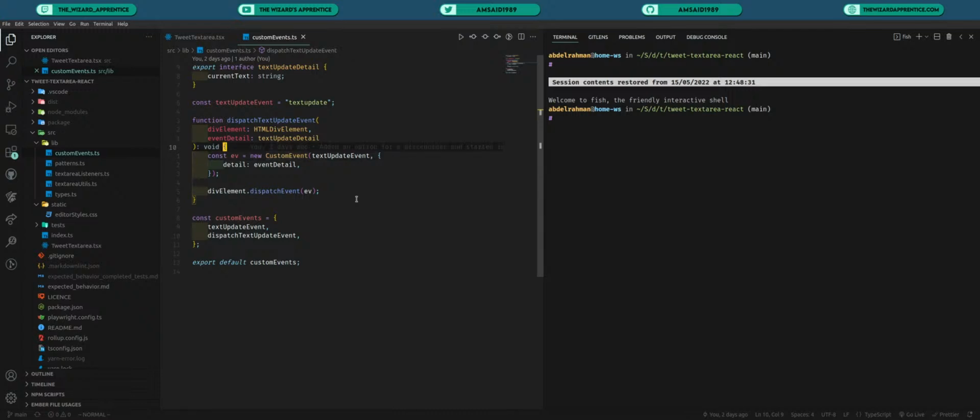In that event we send the current text of the text area component itself, just to notify the user of what the current text is. There's just one thing that